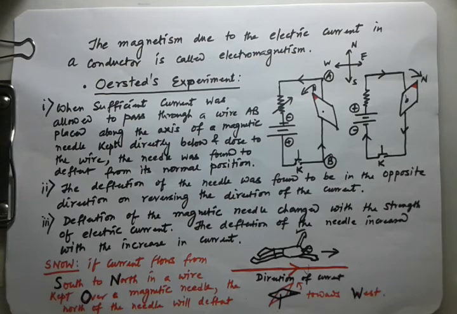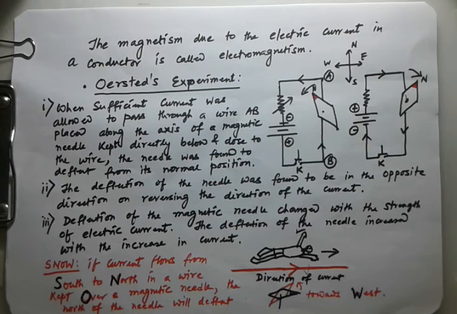So what we learned, I'll give you a brief. When the current passes through a conductor, a magnetic field is produced, and Oersted also observed these things. If we change the direction of the current, the direction of the deflection will also change. And we also learned the Ampere swimming rule.